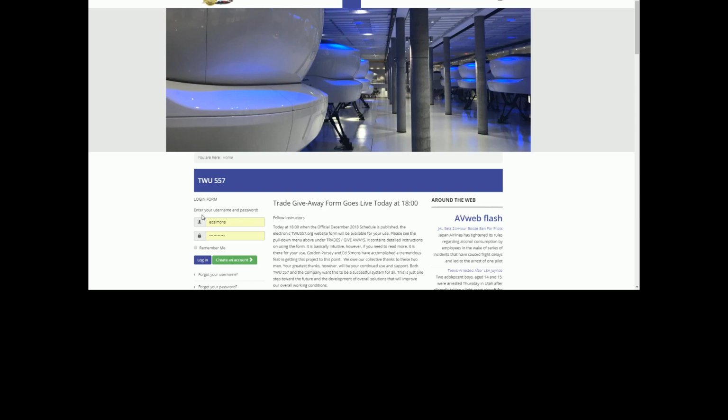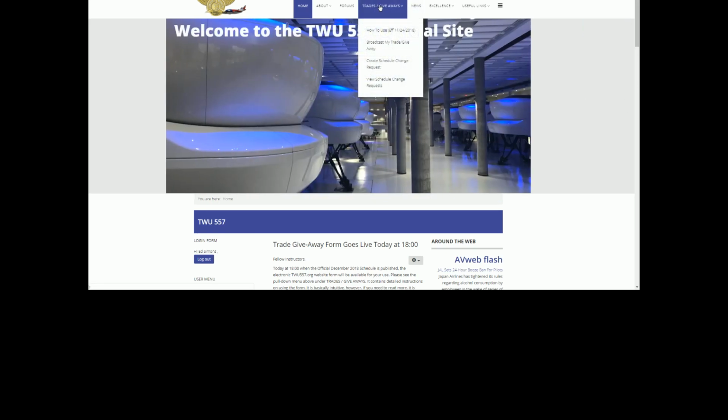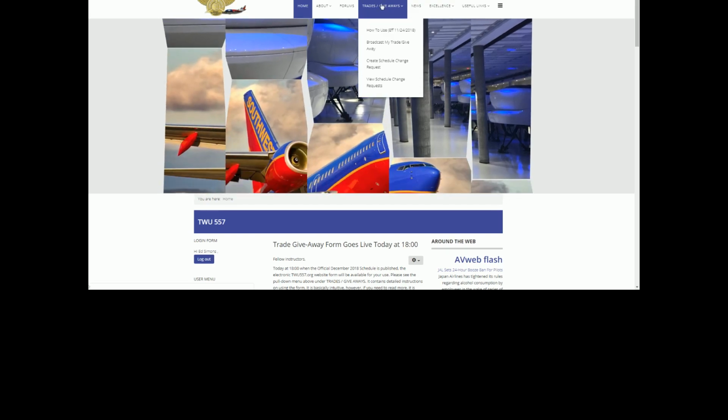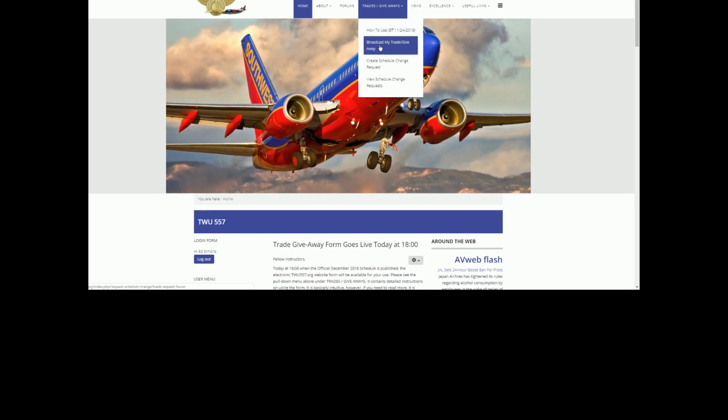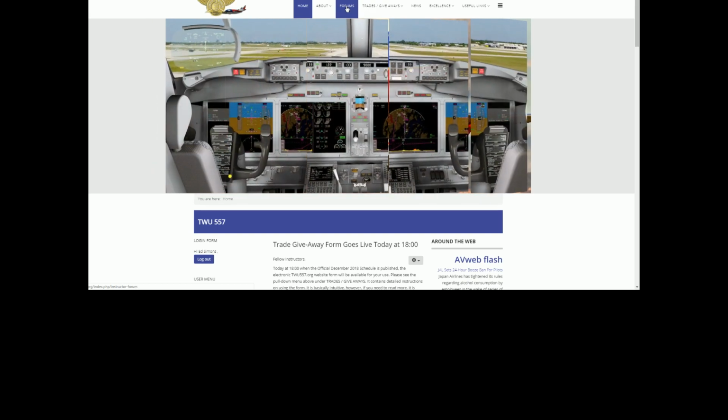So the login form here on the main page, you want to make sure that you're logged in, because if you're not, you won't see the trade giveaways menu. And this is your one-stop shop, which Gordon has cleaned up and made a whole lot more user-friendly, because you just click on this menu item here and you can go to broadcast my trade and giveaway, which takes you to a similar place as this menu item for our chat room, I'll call it,